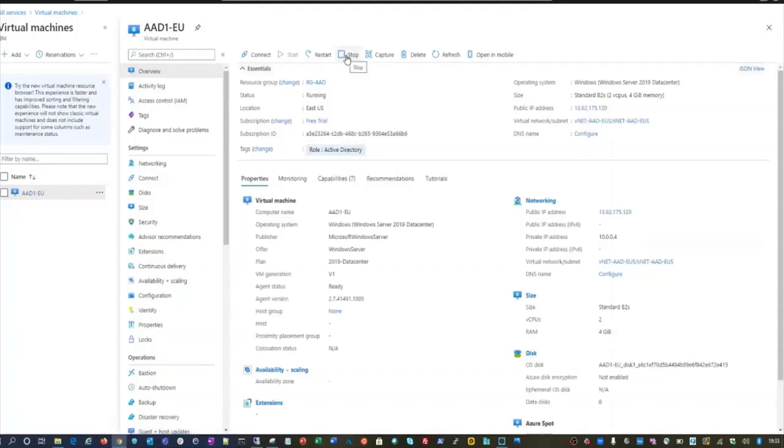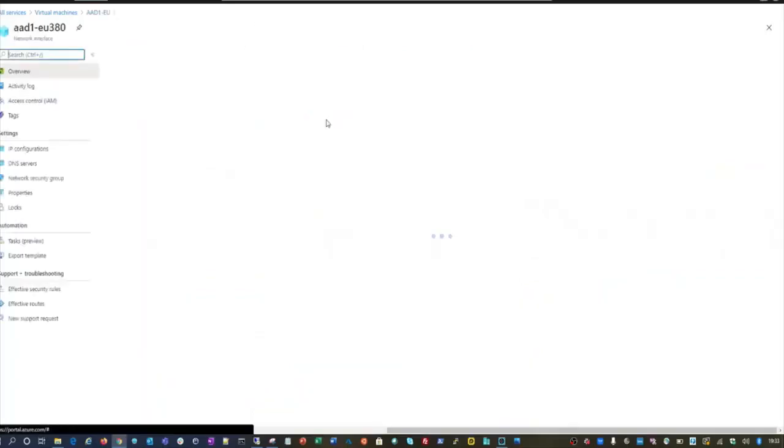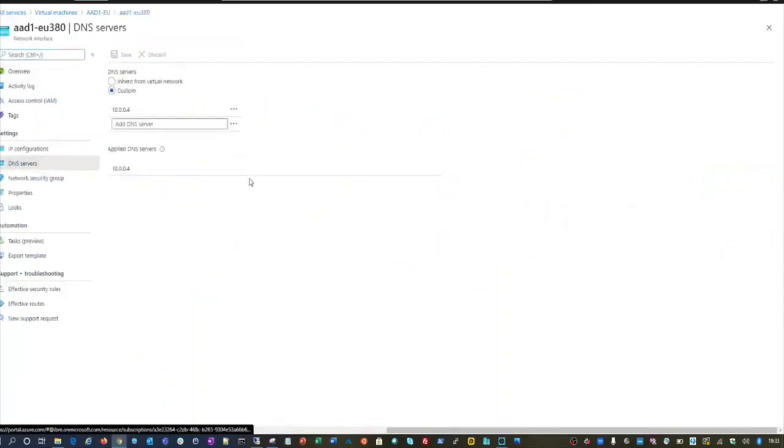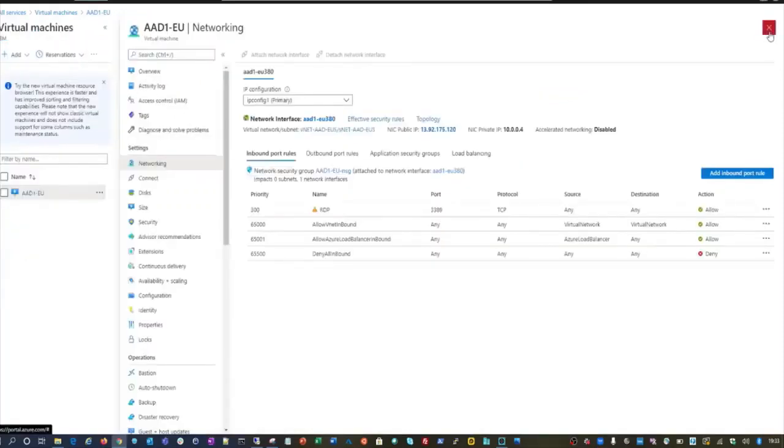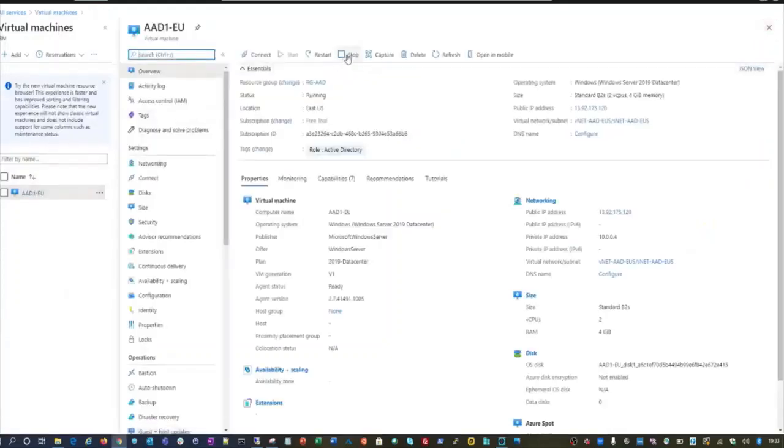So I will stop the VM this time to make the changes to the DNS. You can alternatively go to networking and verify the DNS server settings we placed here. So it's static here. Let's go and stop the VM and see if that makes a difference.